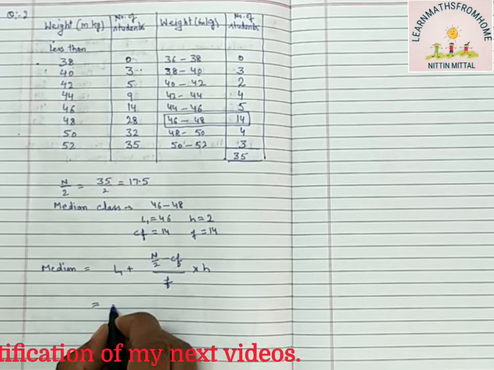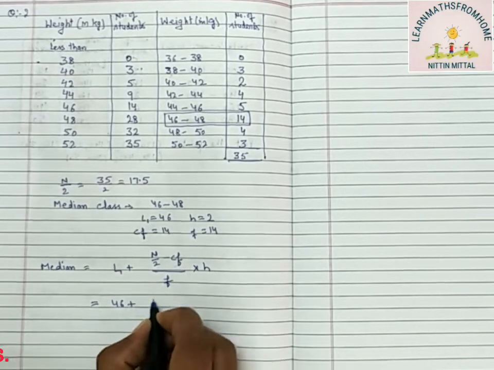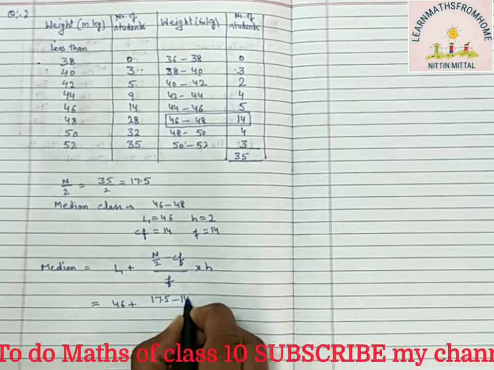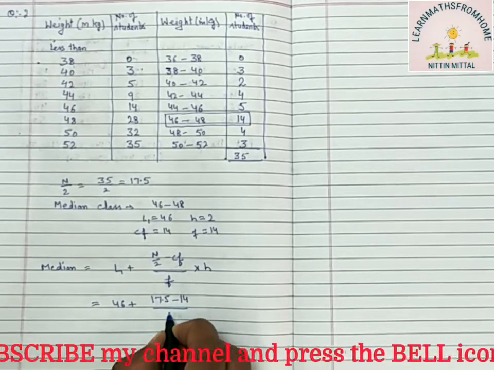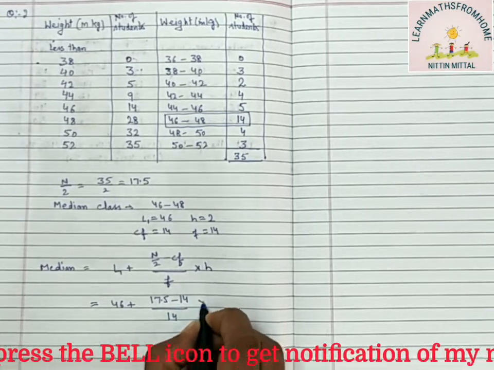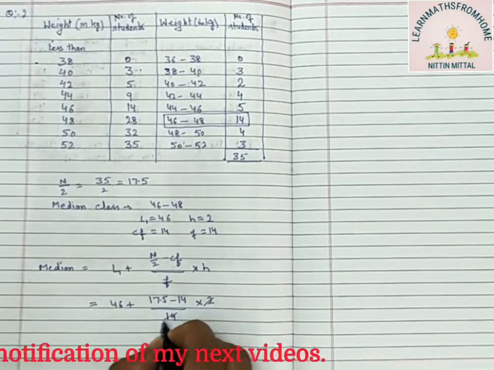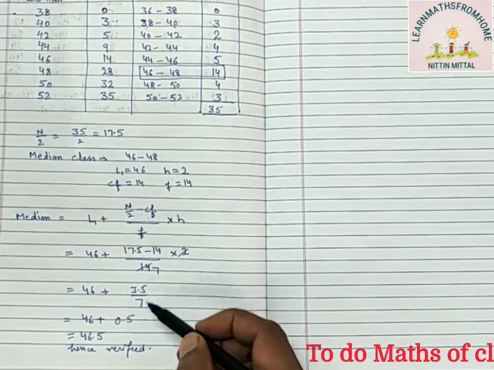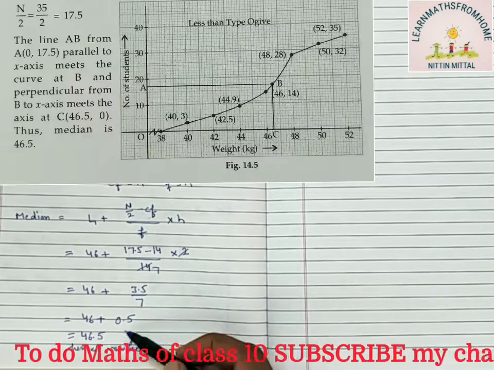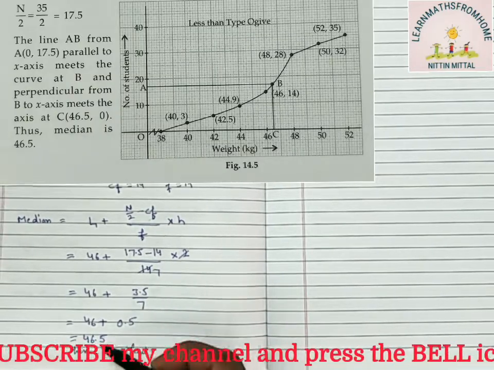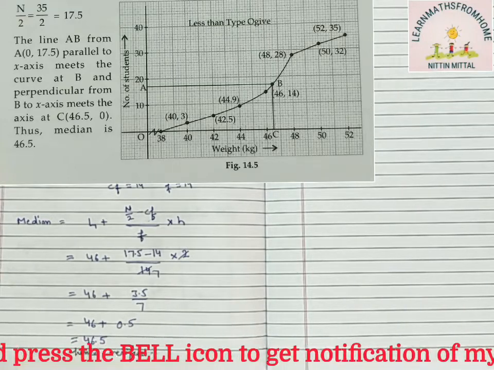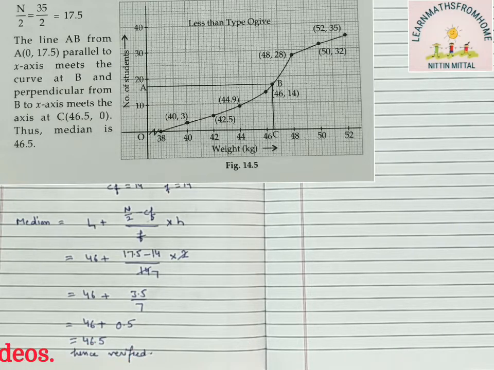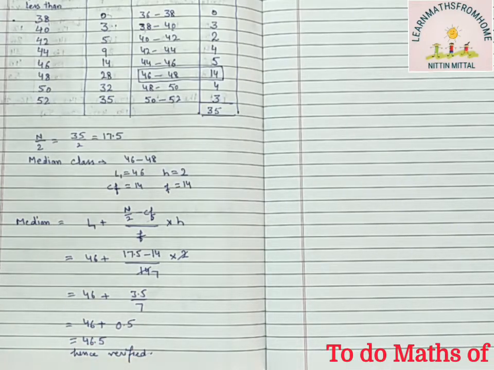Fill in the values. L1, the lower limit, 46, N by 2 is 17.5, cumulative frequency of the previous class 14, frequency of the class 14, into 2. So the 2 sevens are cancelled. So see here, 46 plus 3.5 over 7. 3.5 over 7 is 0.5. So 46.5, which is equal to the median that we found from the graph, hence verified. So this is the solution of your question number